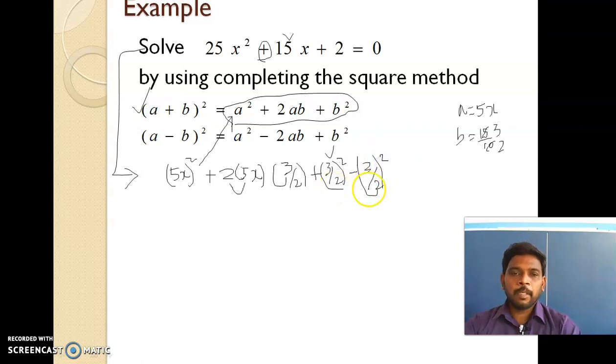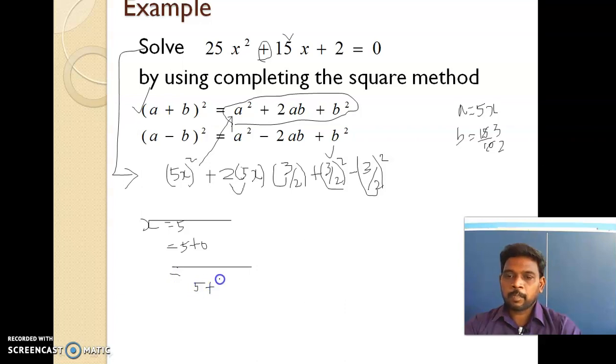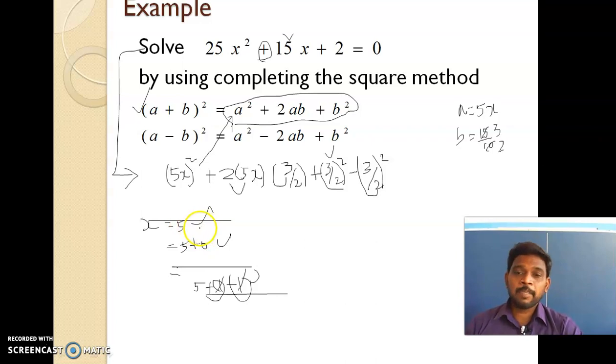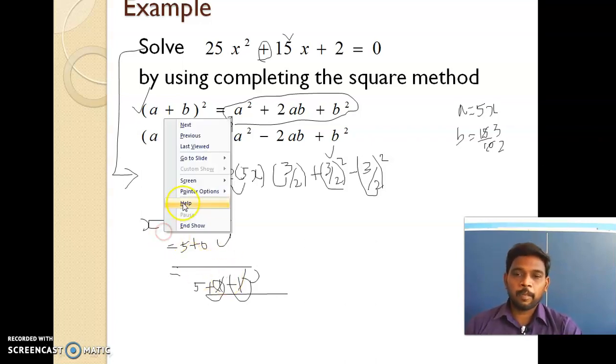Then only it will become balanced, because suppose for example x equal to 5. Okay, for example I am writing, so x equal to 5. Whether we can write 5 as 5 plus 0, so both are same only, or we can write 5 plus 1 minus 1. So all the three terms are the same only, that is here 5, here 5 plus 0, here 5 plus 1 minus 1, everything same. How it is same means, here plus 1 minus 1 get cancel each other, so they balance themselves. So if we add any new number with a given number, for balancing purpose we can subtract the same number. Okay.